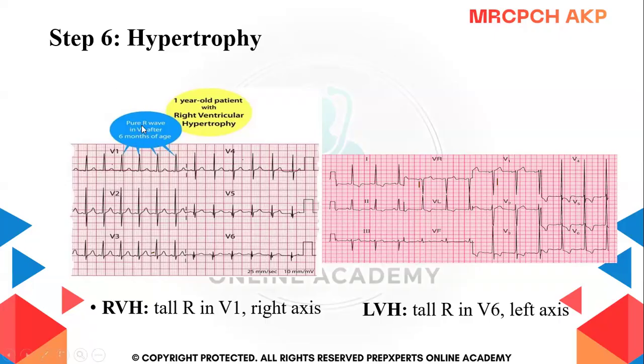So what he's saying is that a pure R wave in V1 after 6 months of age, okay? And in a 1 year old patient with right ventricular hypertrophy, you get these tall waves in V1. So always look at all the leads. For example, I told you about the